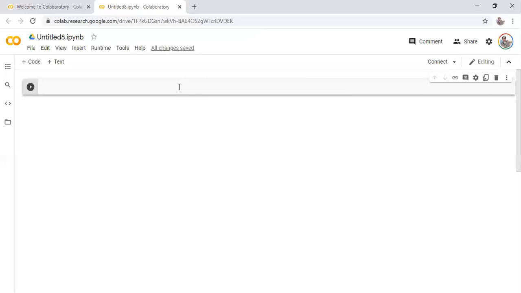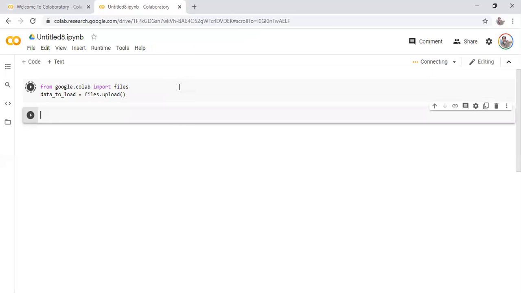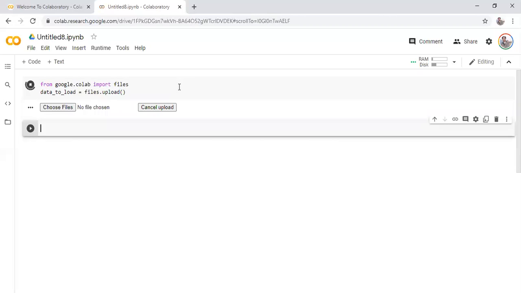So I'm using Google's version of Jupyter Notebook. Google has customized it; it's basically Jupyter Notebook but sitting on Google servers. Okay. So first I'll import a file. When you are doing it locally using Jupyter Notebook, there will be a different kind of code. Once we start doing it, I'll show you all those details.